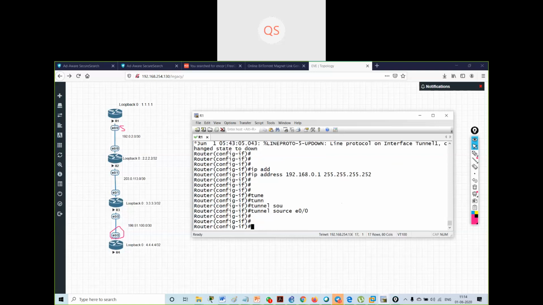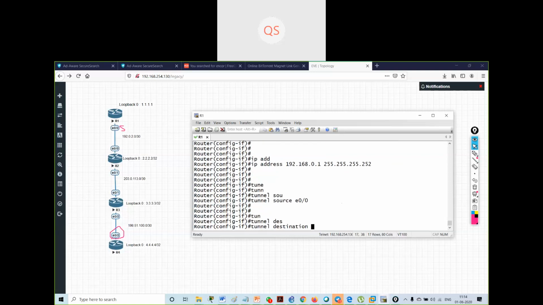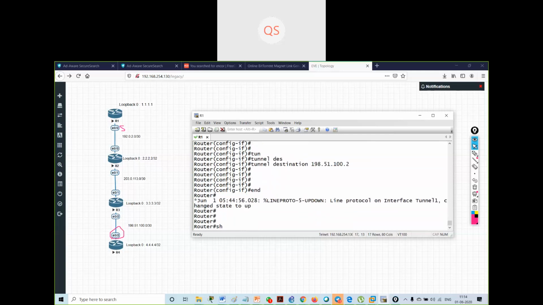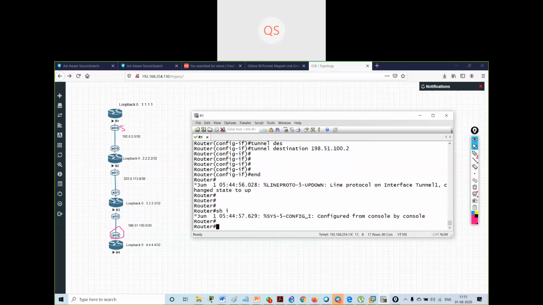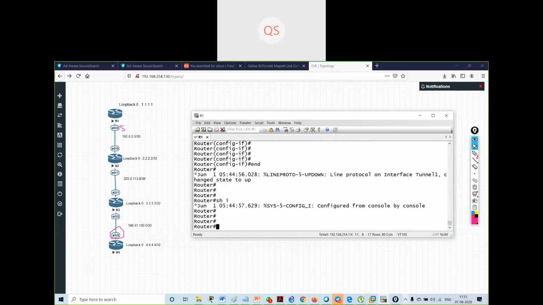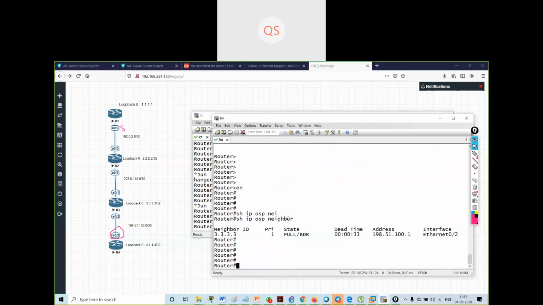Then I will give the tunnel destination. The IP address is 198.51.100.2. So I have made a tunnel. The same tunnel I have to make on R4 as well.